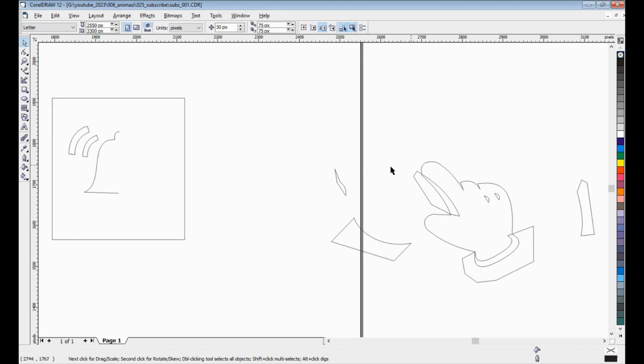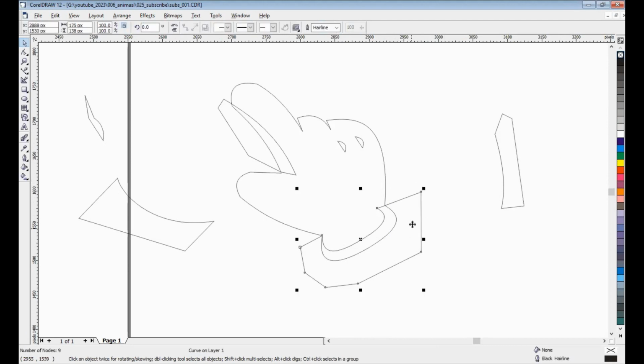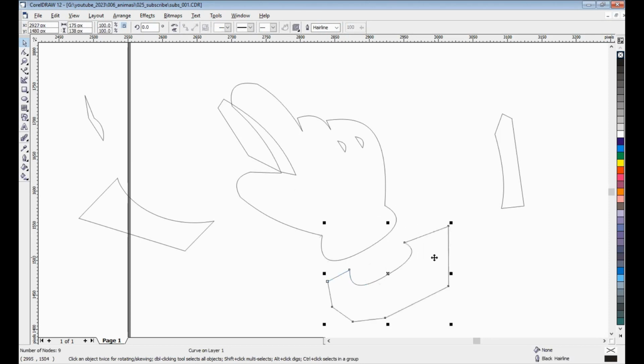Let's see. It's the plan of the notification button. This is the hand. Let's try. I want to create an illustration of a hand. I create it like this.